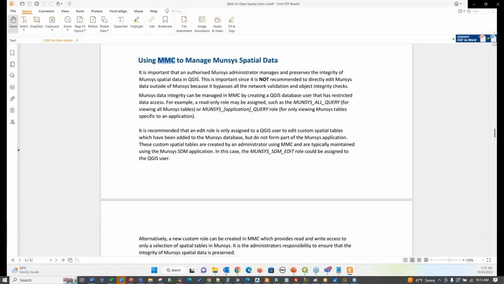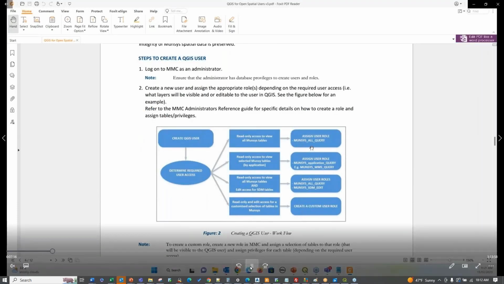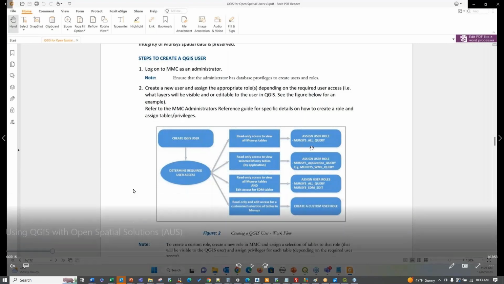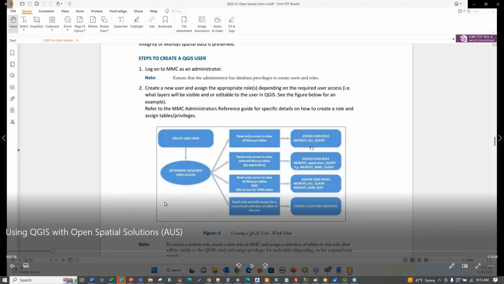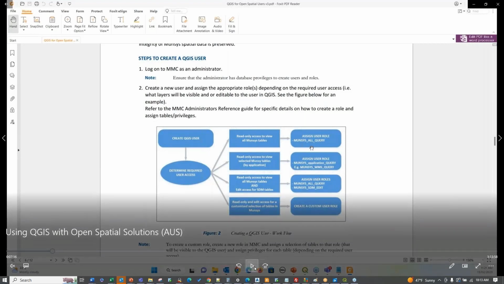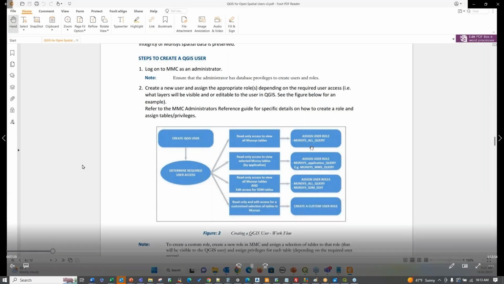One of the things we recommend is you add a user, and this is the chart, and you can look at the details on your own. Create a QGIS user in Oracle, like QGIS query or whatever, and give them read-only access. Then people can go in there and do all manner of things in terms of data display, presentation, etc., without messing up the data. I'll talk about what you can and can't do in terms of editing, because technically you can edit the Oracle data straight out of QGIS, but it'll wreak havoc with what you're trying to do in Mansus at the same time. So if we go along in this here,